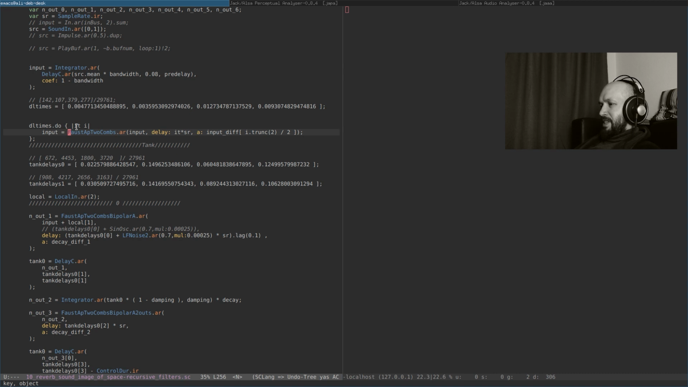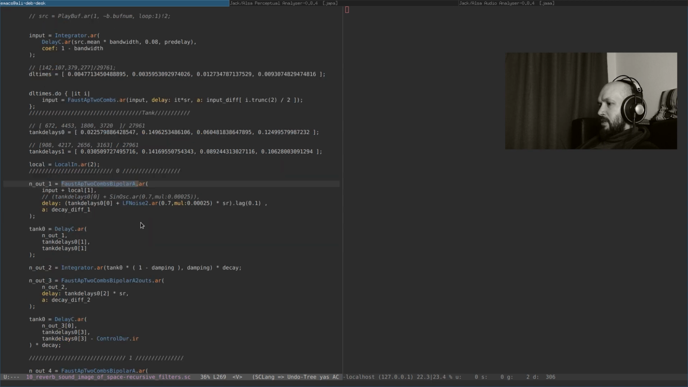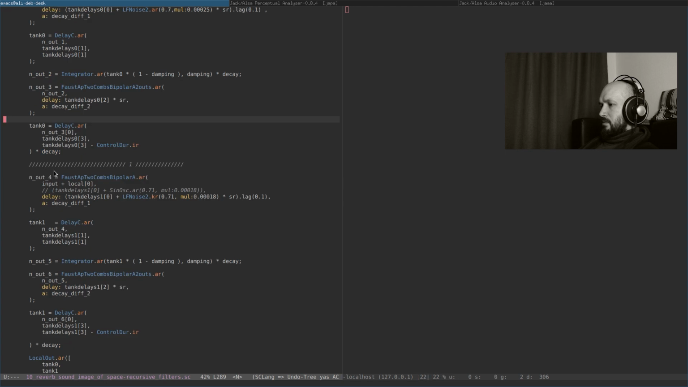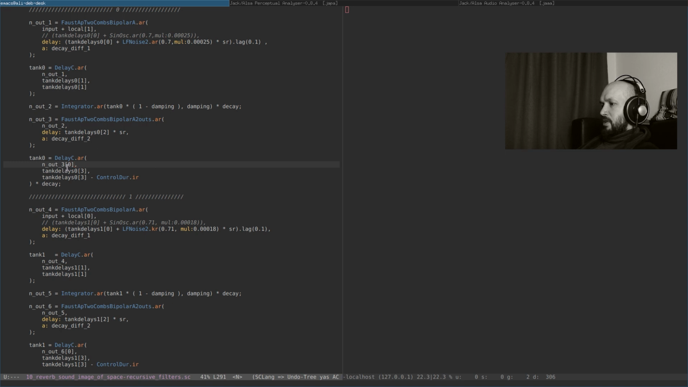So I have this here instead of the all-pass L, this one with the inverted polarity, and this one with two outs here, and I index its out here. So the 0 goes to the output, and out 3 at 0 goes to the recursion. So the n out 3 at 0 goes to the recursion,